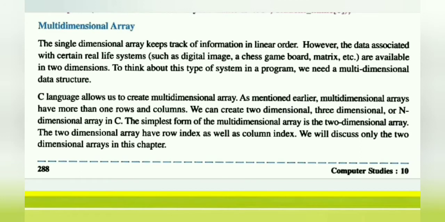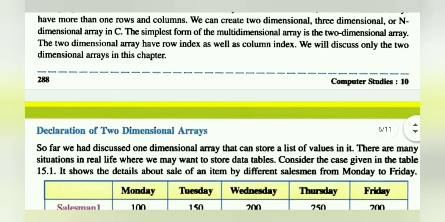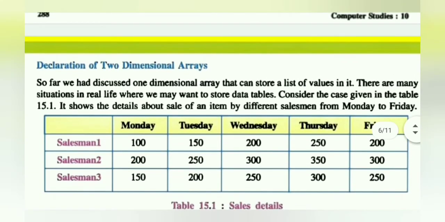So now we will see the multi-dimensional array practically with both the initialization methods, the compile time as well as run time. Before that, we will see the declaration of a 2-dimensional array. You just see here this type of data I want to store. This is the row and column you can see. How many columns are here? 1, 2, 3, 4, 5 columns and 3 rows.